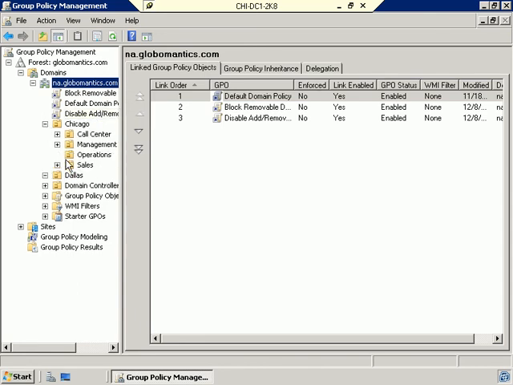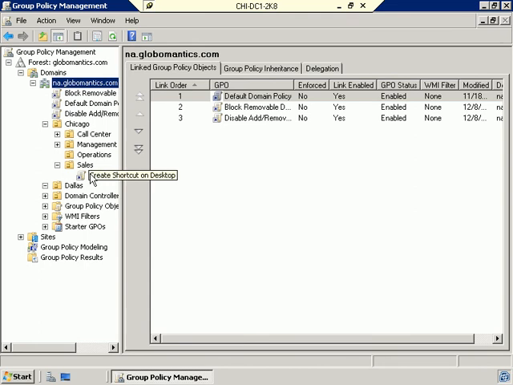And we went ahead and we linked the create shortcut on a desktop GPO to the sales OU. That part we did correctly. What we need to do now is add the additional settings. Now the first one is the blocking of removable device installation. We said that we need to go ahead and set it to enforced so that it affects everybody down through